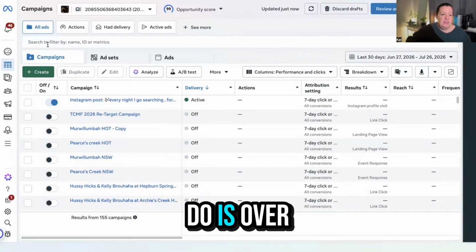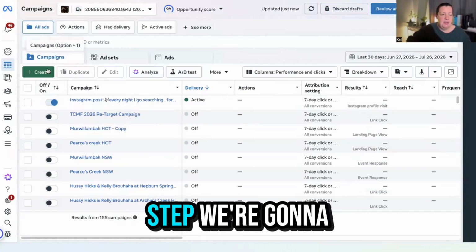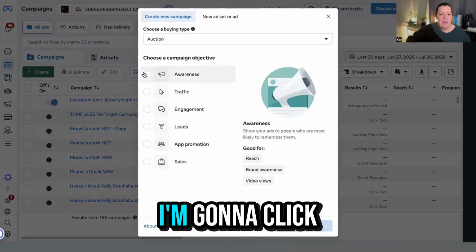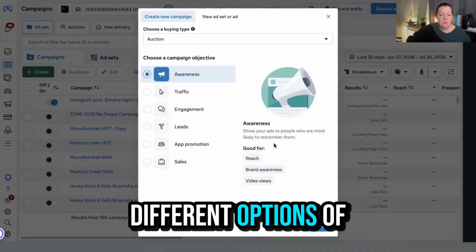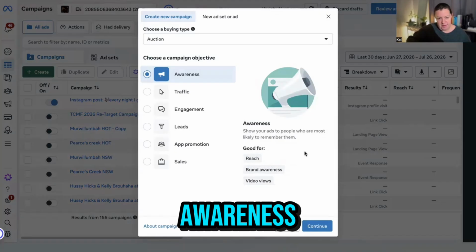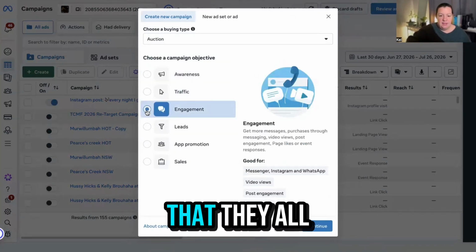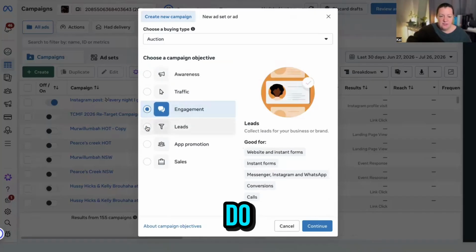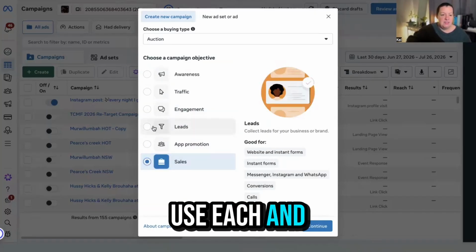What we're going to do is over here on the left hand side we've got campaigns. That's the first set. We're going to press create. I'm going to click awareness. You can see down the right hand side here you've got all the different options of what is in awareness. Now if I click on any of these others, you can see that they all have different things that you can do, and that's all the strategies you can learn in Meta Ads, is how to use each and every